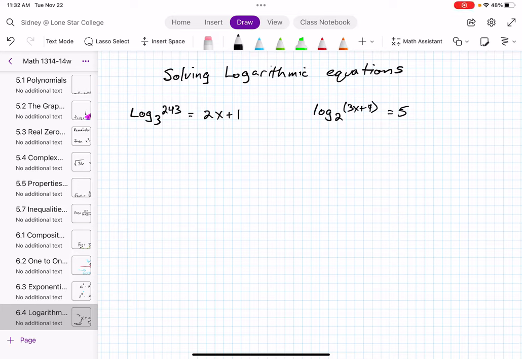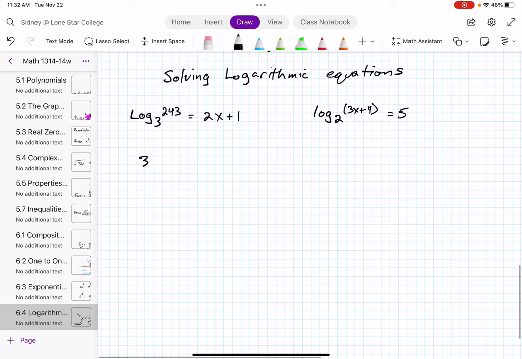In this video, we're looking at solving logarithmic equations. So log base 3 of 243 is equal to 2x plus 1. At this point, what we know to do is to look at this in its exponential form. And so it's 3 to the power of 2x plus 1, because that's our base, that's our exponent, is equal